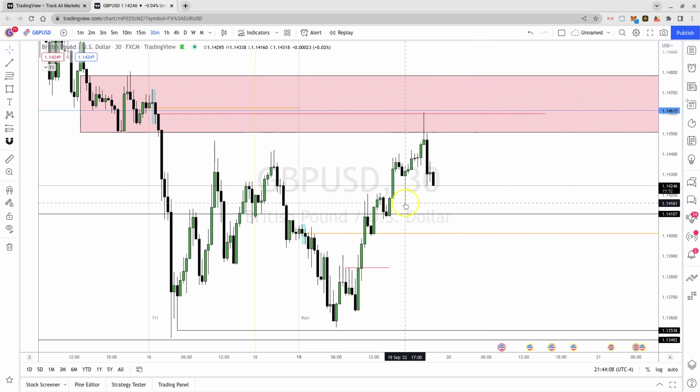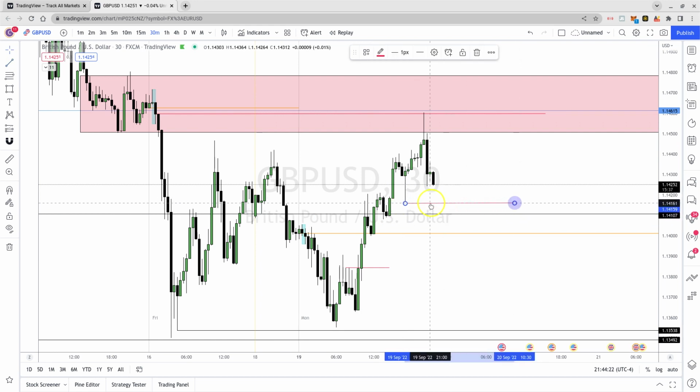The first indication would be not necessarily this low, but I want to see this low broken. Because if we break this low, this would be a sell side liquidity pool. And if we're going to reprice higher, then price should be able to use this sell side liquidity pool. But if we break this low, and we also break this low, then,